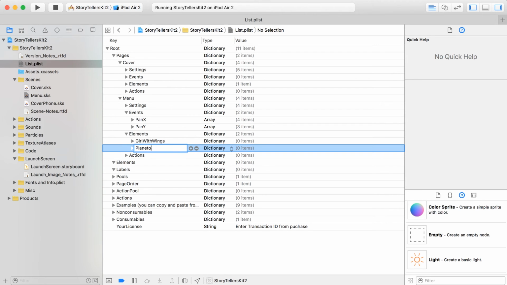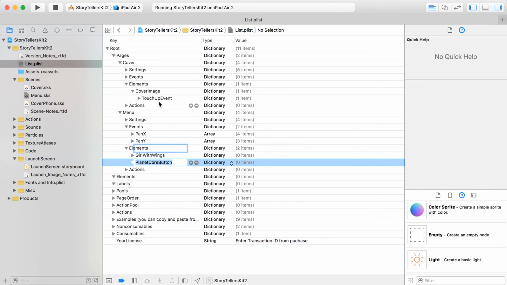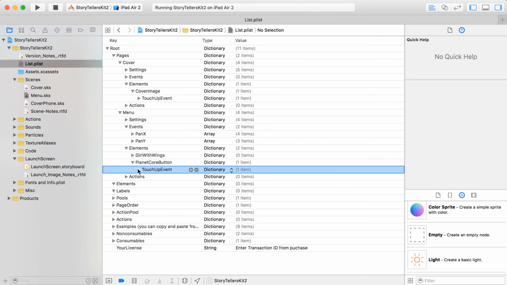Planet Core Button. Be sure you get your spelling correct, or your cases, I should say. And again, I'm always a big fan of just copying what we had before. That worked. So go over here, let's grab touch up event, paste that on into our Planet Core button, and